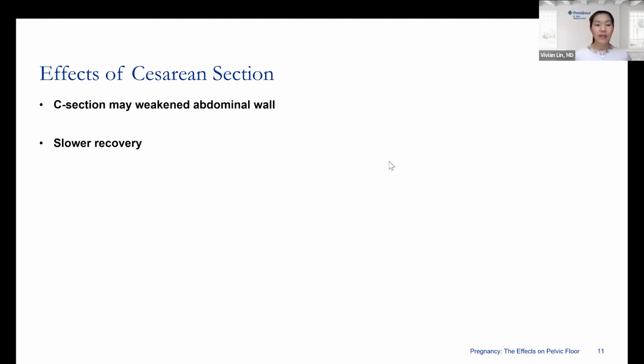So some may ask me, why don't I just do a C-section for delivery to prevent any pelvic floor damage? My answer to patients is always that it is better to have a vaginal delivery. Our body is built to have a vaginal delivery. There are risks with a C-section. It's not without any risk. The risks start with, just like any surgical procedure, bleeding, infection, possibly injury to your abdominal organs, possibly requiring blood transfusion if you lose a lot of blood,